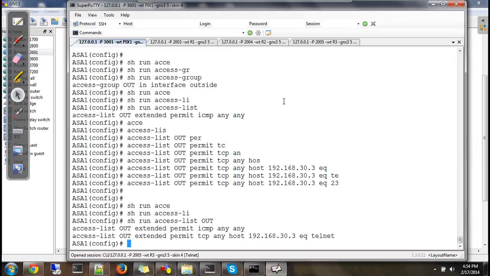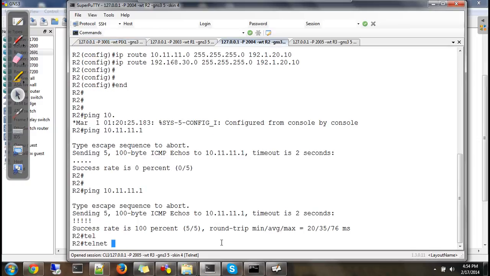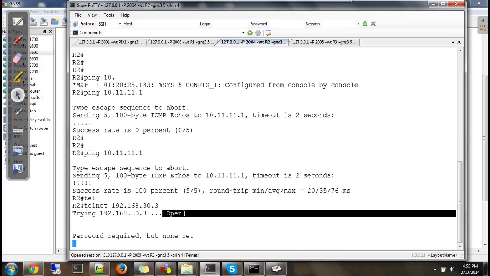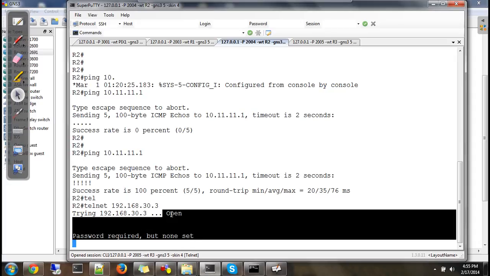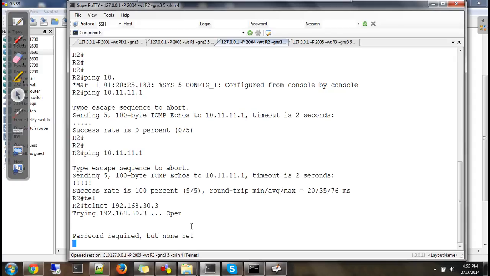Now if you go to R2, which is internet, and say telnet 192.168.30.3, which is R3 the server, you will see you can reach it. You can reach R3. You did not get the password because we have not set the line VTY.